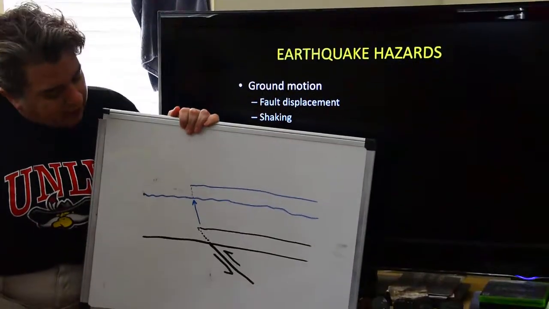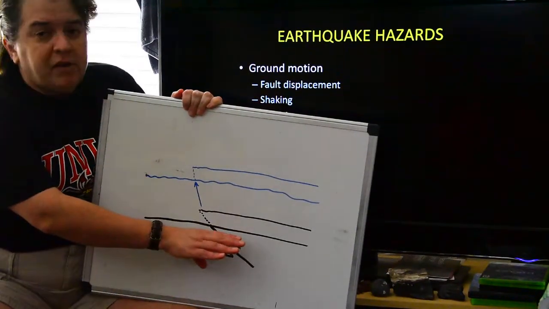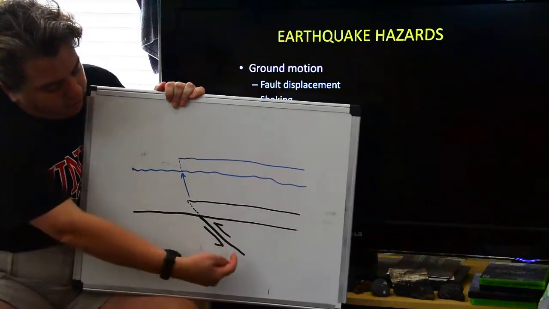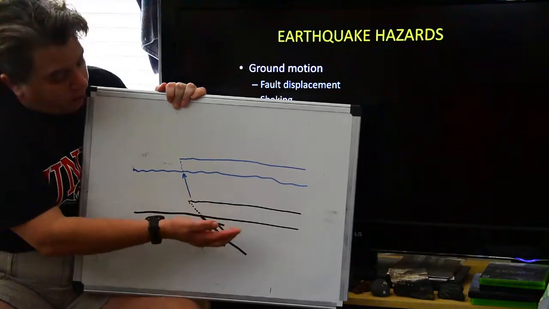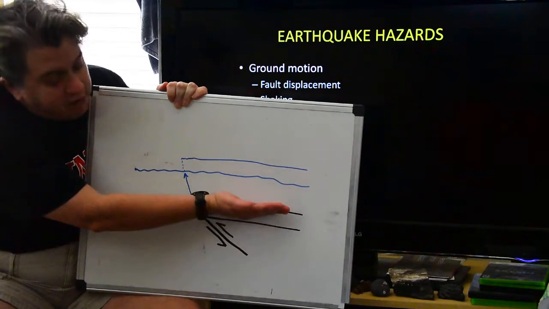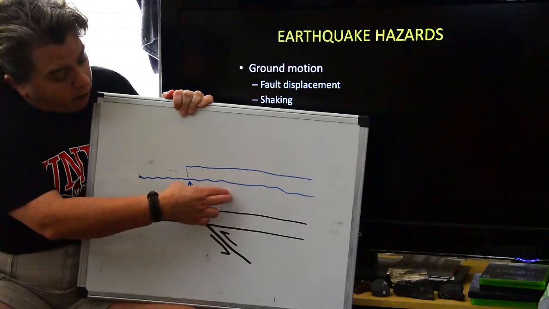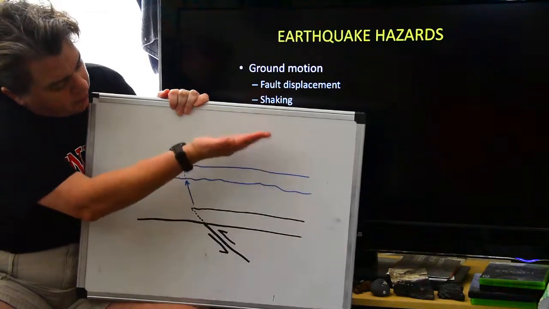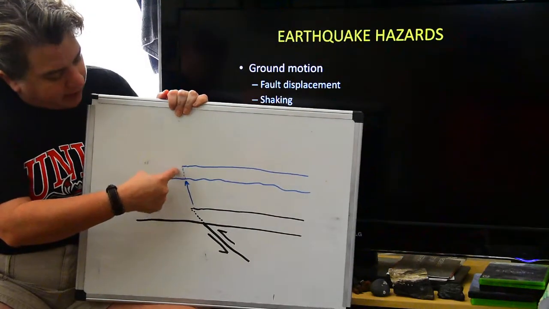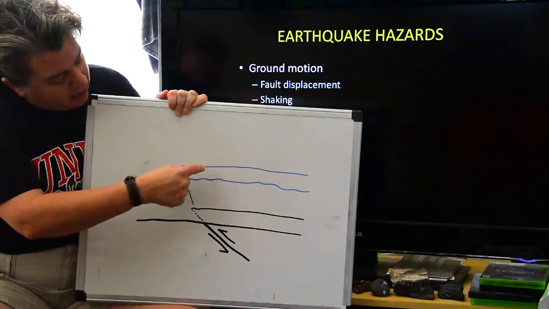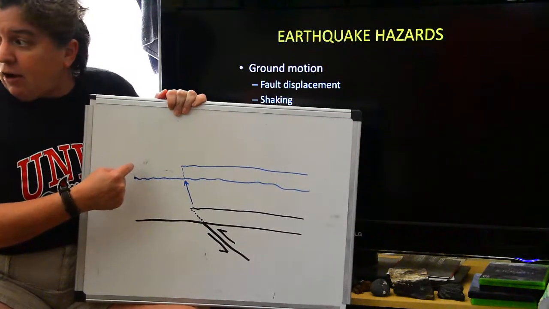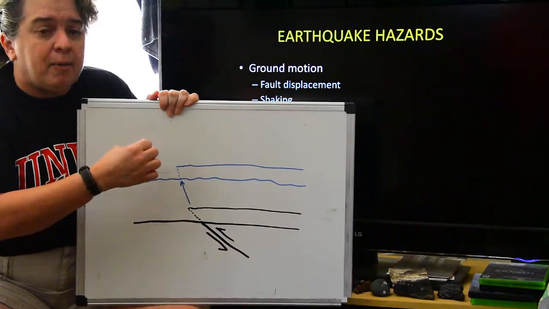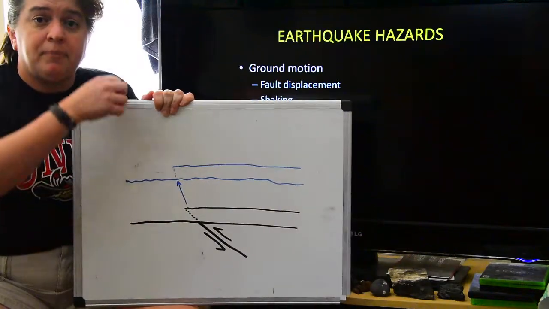And it is created because the sea floor moves in an earthquake. So this is our original sea floor, and it moves upwards. So this whole big area of sea floor moves up. Well, the water above it then gets shoved upwards. Right? And when it gets shoved upwards, water can't stay like this. It has to level itself back out. And it's that leveling back out that creates the tsunami.